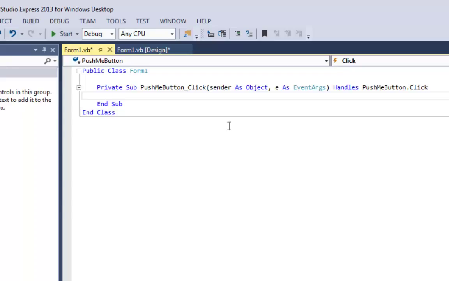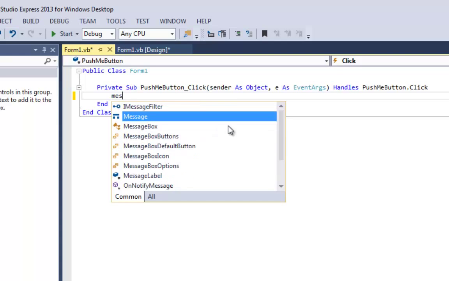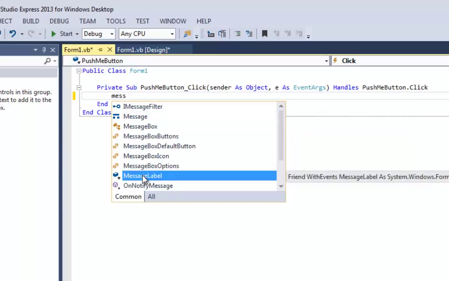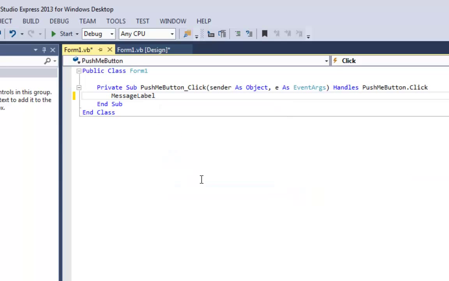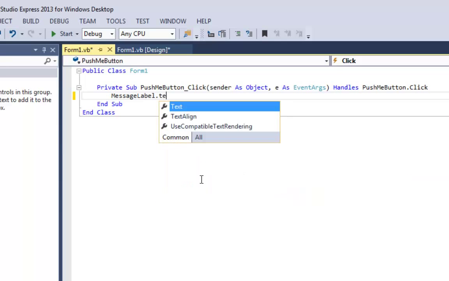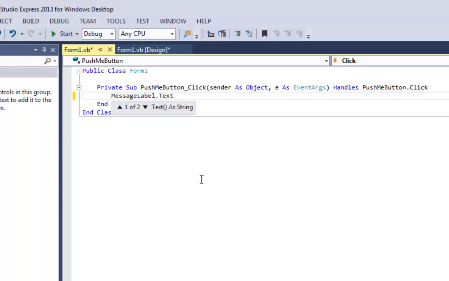So what was the name of that label? It was MessageLabel. So M-E-S. Hey, look at that. It's starting to bring up everything that begins with message, and there's MessageLabel. So I can either type it all out or I can double click on it. So MessageLabel.Text, because I'm going to change the text property, equals double quote Hello